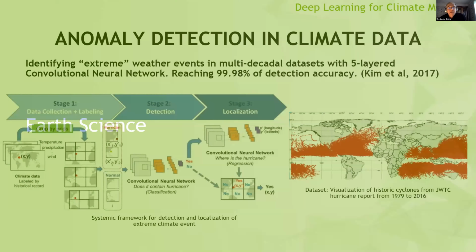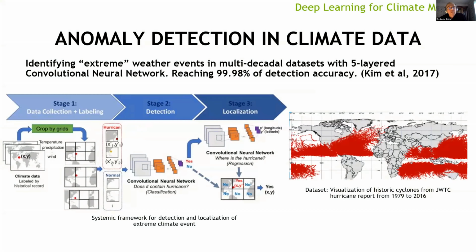Now let us look at Earth and Climate. Obviously, they do a lot of research in this field. Here, for example, we have one to identify tsunamis or hurricanes. The idea is to have a succession of networks.